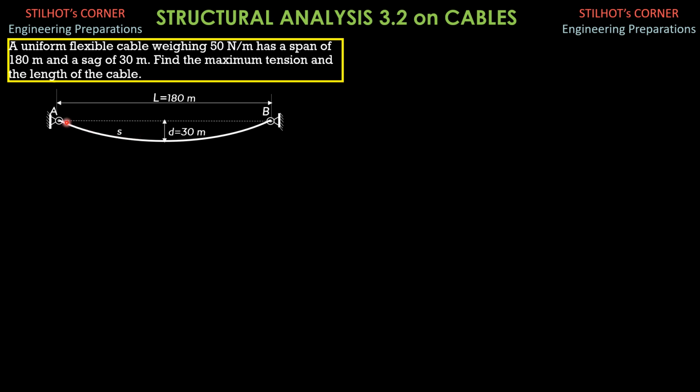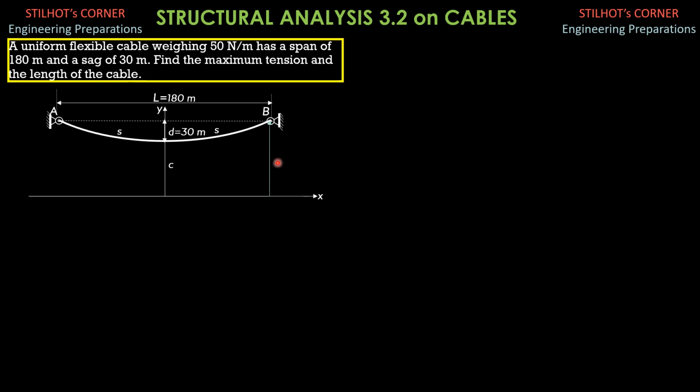This is S half from the lowest point to A, and S also from the lowest point to B, because the cable is symmetric and the supports are on the same level. This is the x-axis and our problem here is actually C. Y equals C plus 30 and it is C cosh(x over C), where x is the horizontal distance from the lowest point to B, which is equal to half of 180, or 90. It is only C that is unknown in that problem.